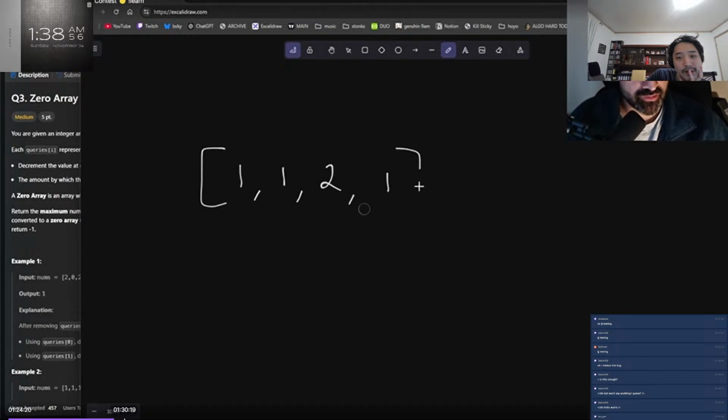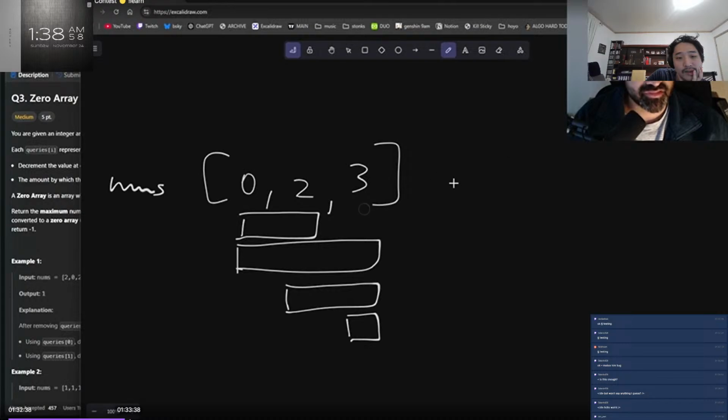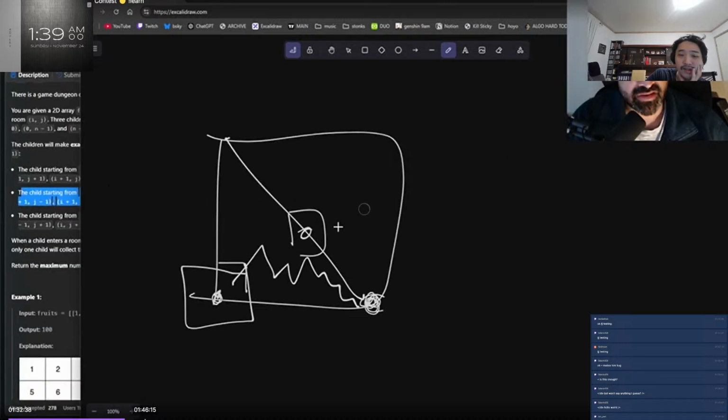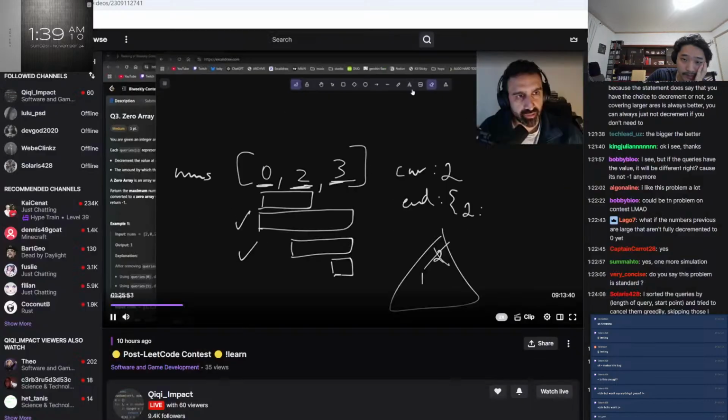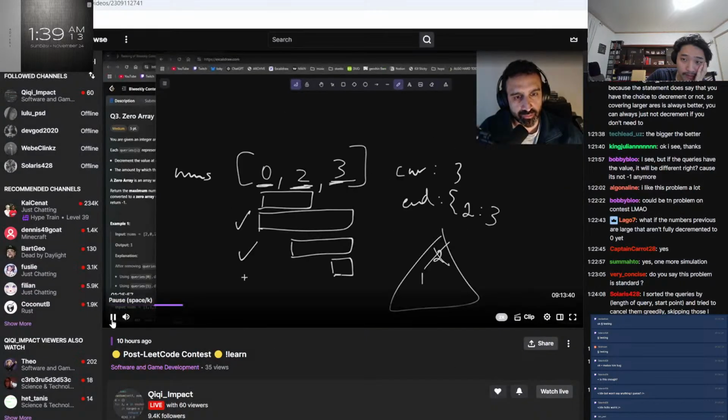1, 1, 2, 1. Before, but this is independently. Oh, what happened here? Of 1, and we also have an interval here that has an endpoint of 2. So we take this endpoint of 2. End of 2 is 3, current equals 3, and we take this. So yeah, we're taking these 3 intervals.